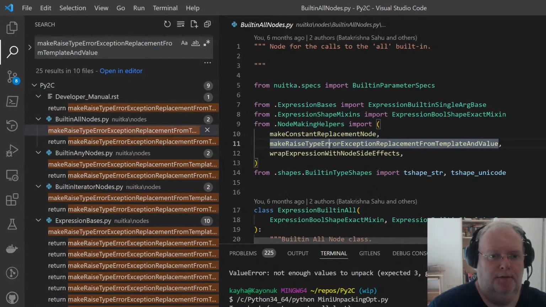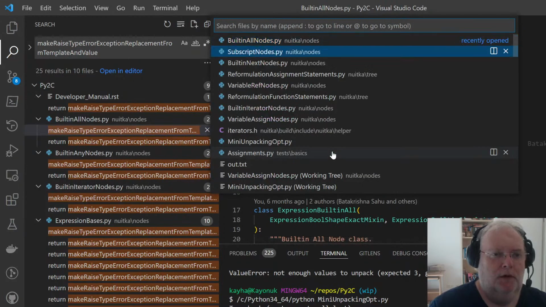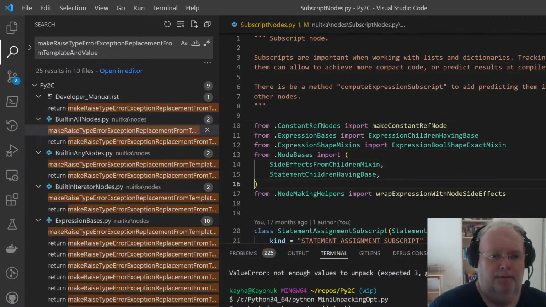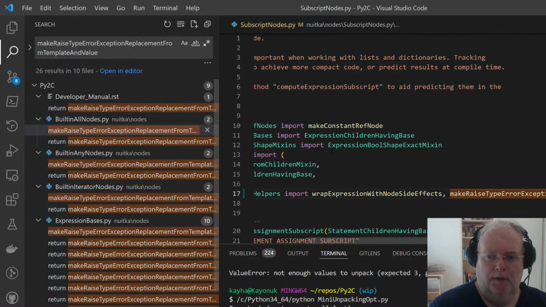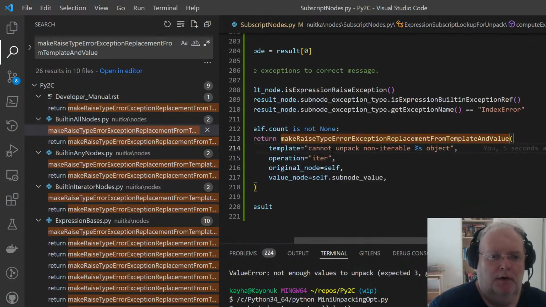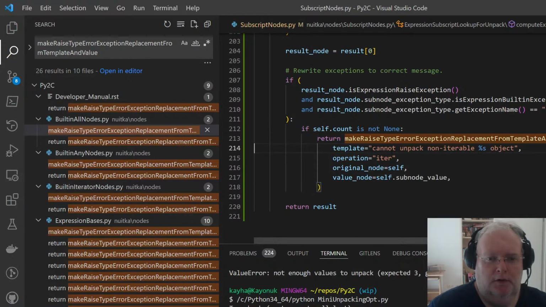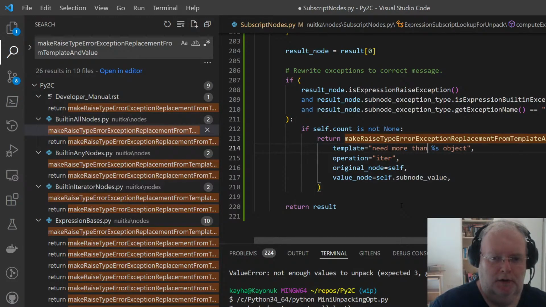Making helpers. Node making helpers cannot unpack. This is not the correct messages. So the is need more than. Do I know the variable name still?